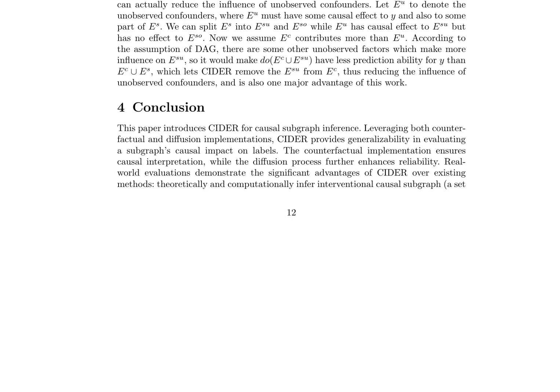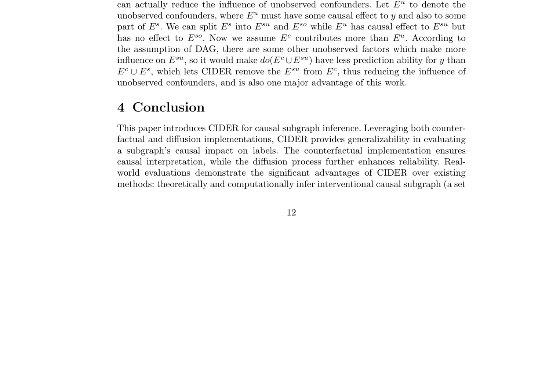CIDER's task model phi plays a crucial role in addressing the challenge of unobserved confounders. By splitting observed effects into two parts and assuming a specific relationship between them, CIDER can reduce the influence of unobserved confounders and provide more accurate causal explanations. The use of CIDER in real-world evaluations has demonstrated its significant advantages over existing methods, highlighting its potential for applications in various fields. Overall,